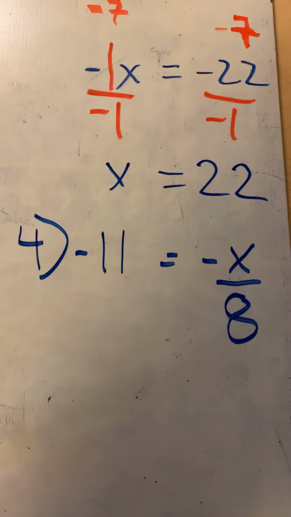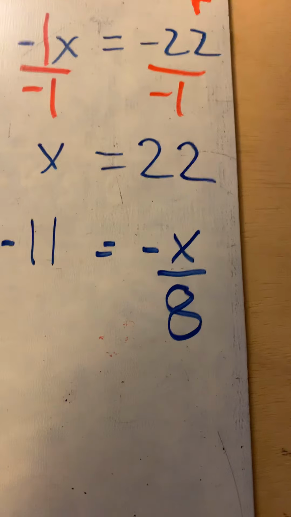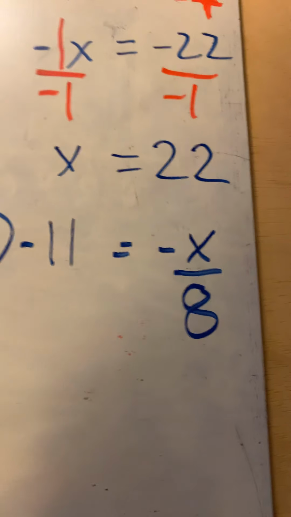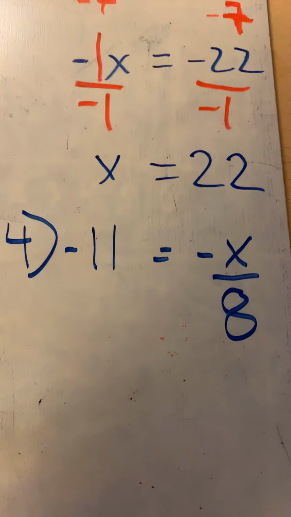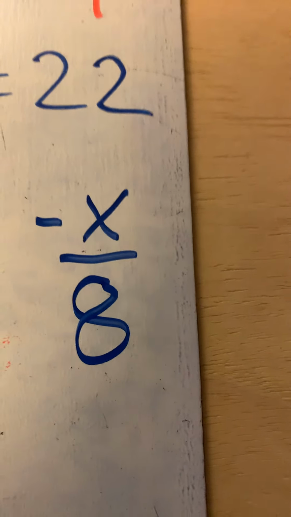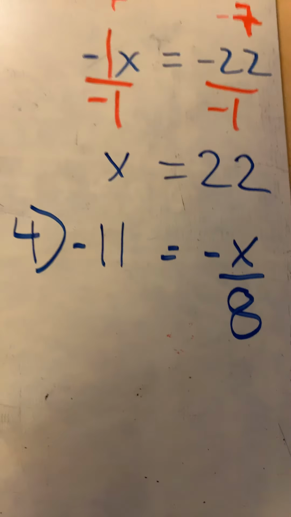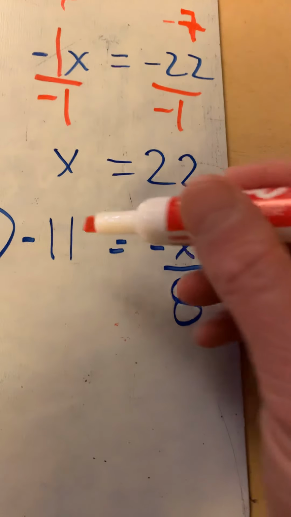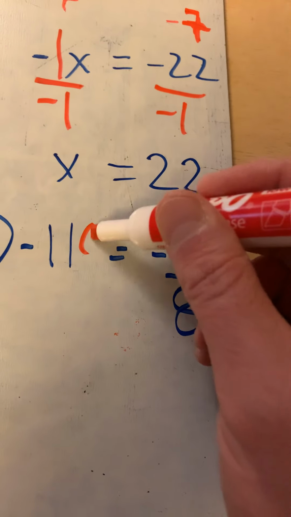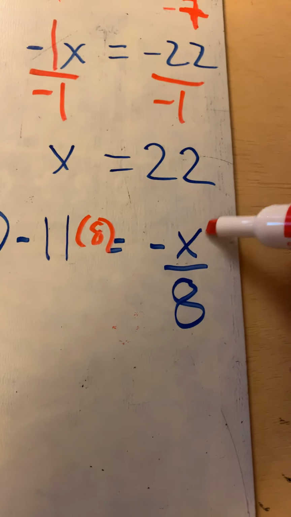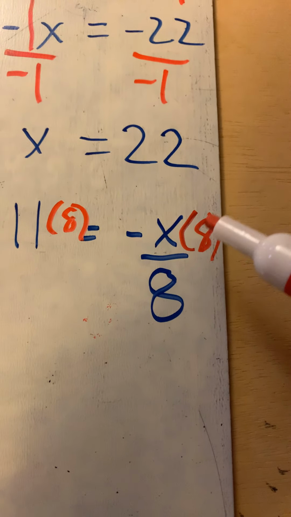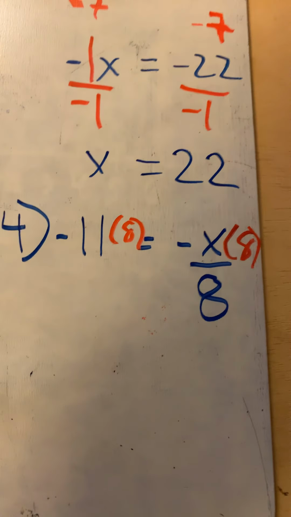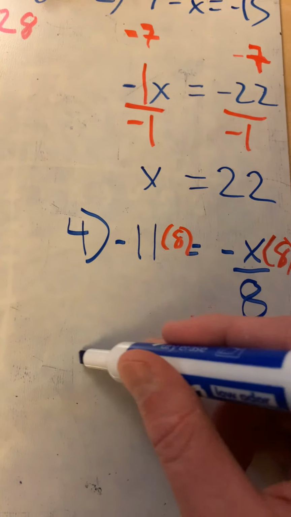The last one, number 4. It's a division equation. Negative 11 equals negative x divided by 8. Solve it by doing the opposite to both sides of the equation. The opposite of divide by 8 is to multiply by 8. So I'm going to do that to both sides of the equal sign, and I'll do that with parentheses. Multiply by 8, multiply by 8. Make sure you show that multiply by 8 up beside the variable. Let's see what's left. Negative 88